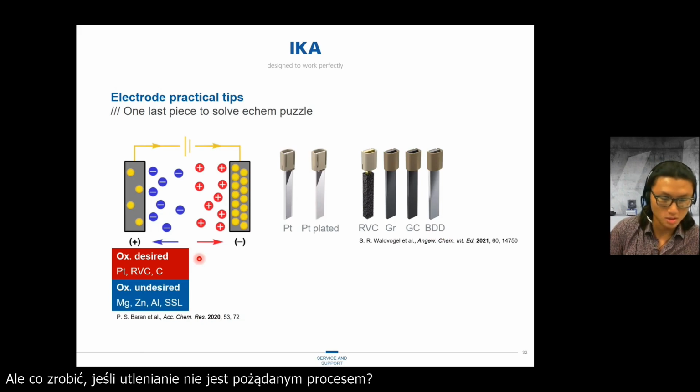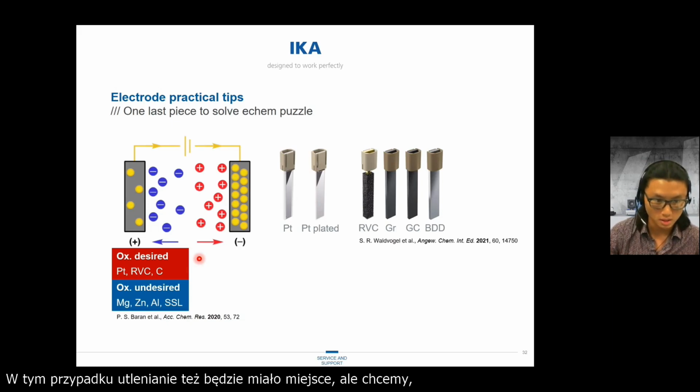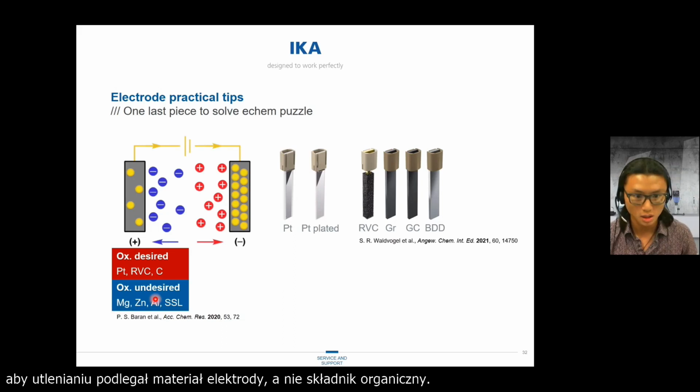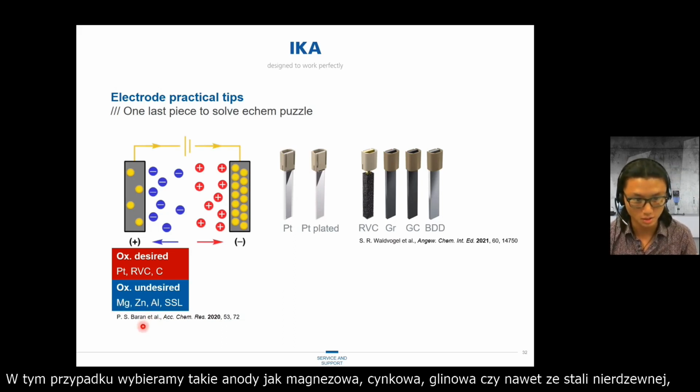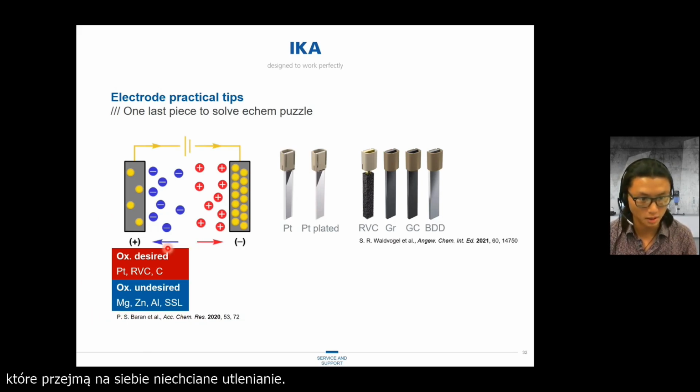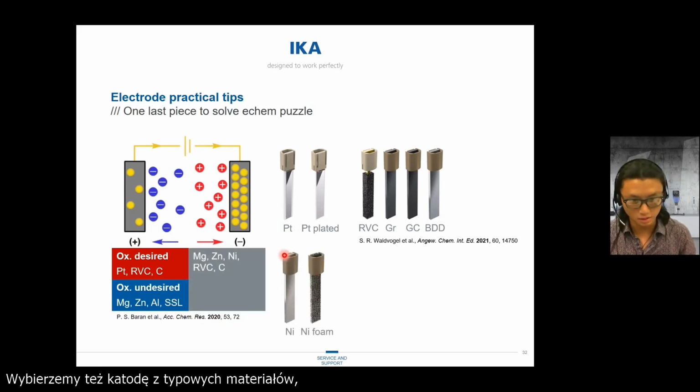But what if oxidation is not desired? In other words, your desired reaction is reduction. In this case, oxidation will happen no matter what. But we want the electrode to be oxidized rather than the organic material. That is why we have sacrificial anodes such as magnesium, zinc, aluminum, and stainless steel for the undesired oxidations. And this is the selection of anode. And as for the selection of cathode,